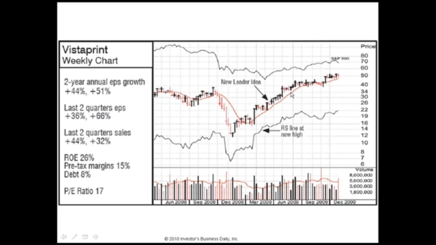You got to read them exactly, what's going on, and you can learn to do that. It's just like anything else. It's like playing the piano or playing basketball. You got to practice, practice, practice, and look at chart examples until you begin to see some of these things that I'm talking about. Let's go to the next one.